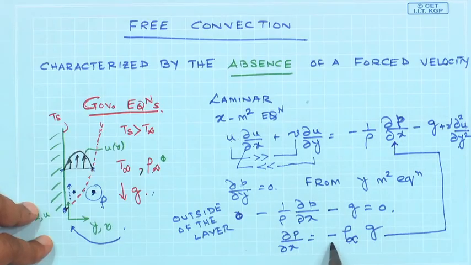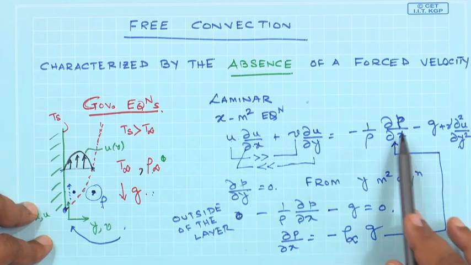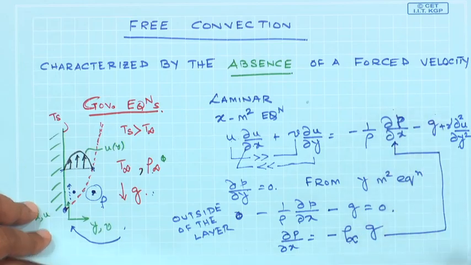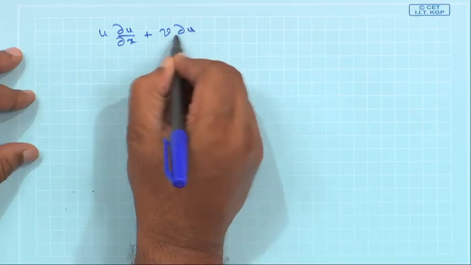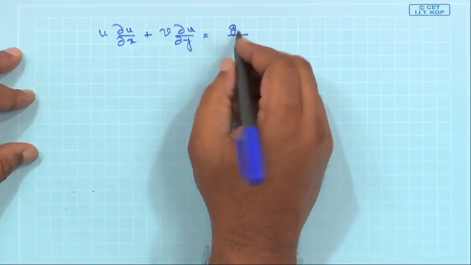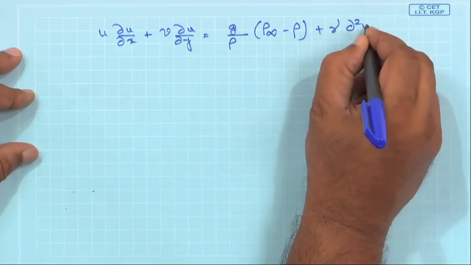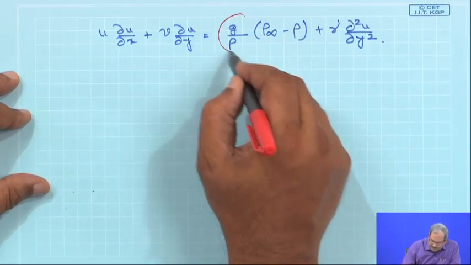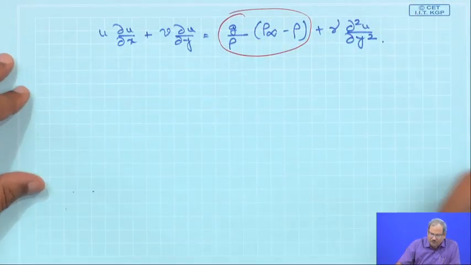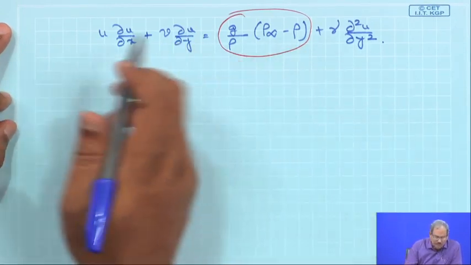Okay. So, if I put this equation back in here, then the left hand side will remain the same. The right hand side, these two terms can therefore be clubbed together to give the equation as u ∂u/∂x plus v ∂u/∂y equals g by rho infinity times rho infinity minus rho, plus kinematic viscosity ∂²u/∂y². Now, this is the term which is the body force acting on the fluid under natural convection conditions. To express this in a more convenient form, we